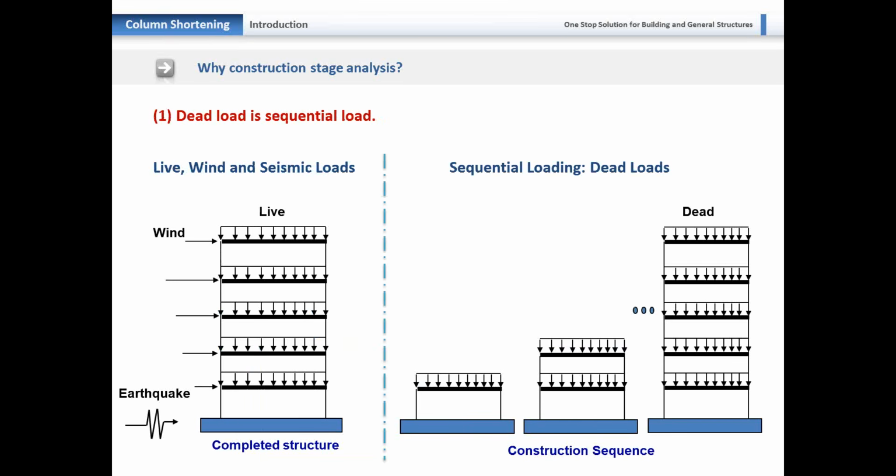Now let me go into a bit more detail about why construction stage analysis is so important. I've already explained that for considering the differential column shortening, one needs to consider the construction stage analysis. But this is only part of the reason. The other part of the reason is that the dead load that acts on a building is in real life